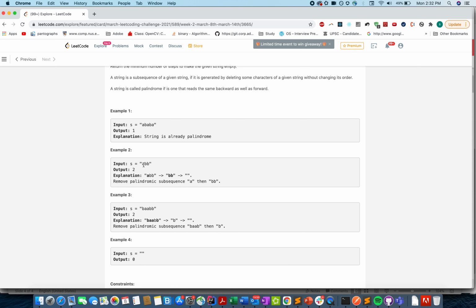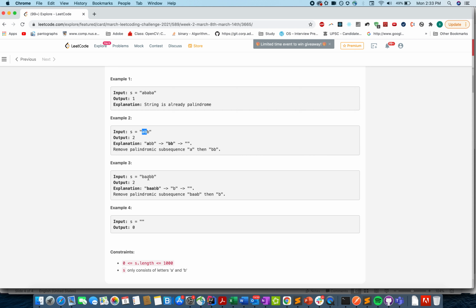Then, for the second example, we can remove a single A in the first operation, and then we can remove both B's together. Or we can first remove both the B's and then remove the single A left.